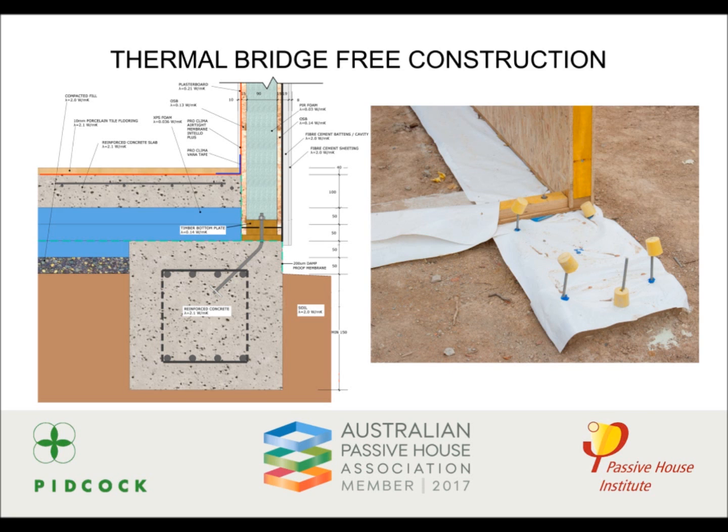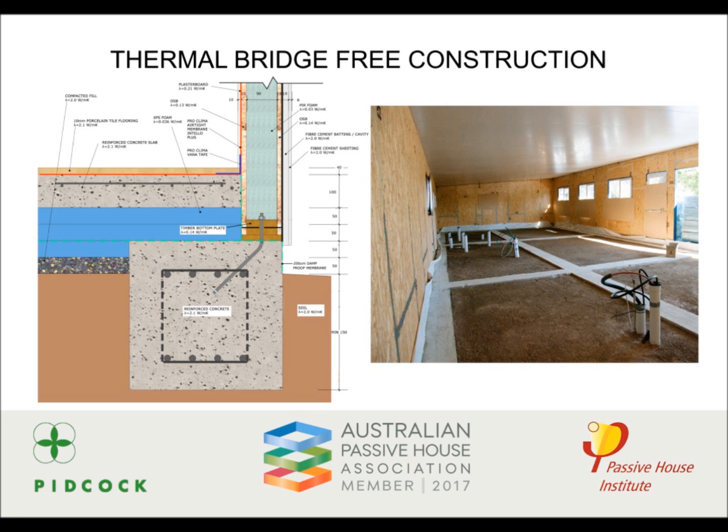Here we see the SIP bottom plate sitting on the waterproof membrane on top of the footing. A SIP panel has minimal timber structural members that bridge across the wall structure in comparison with, say, traditional timber frame wall construction. Now all external walls and roof are in place, and we can clearly see all concrete footings